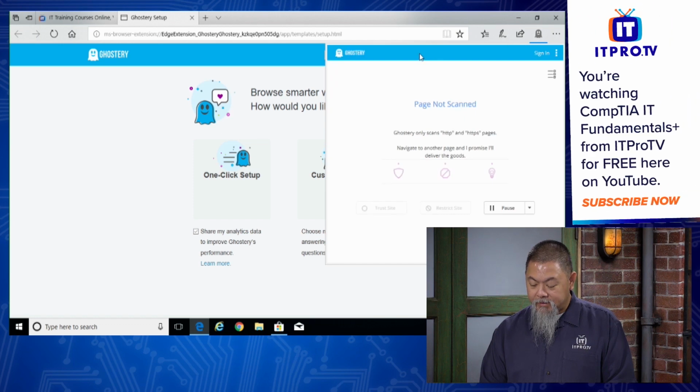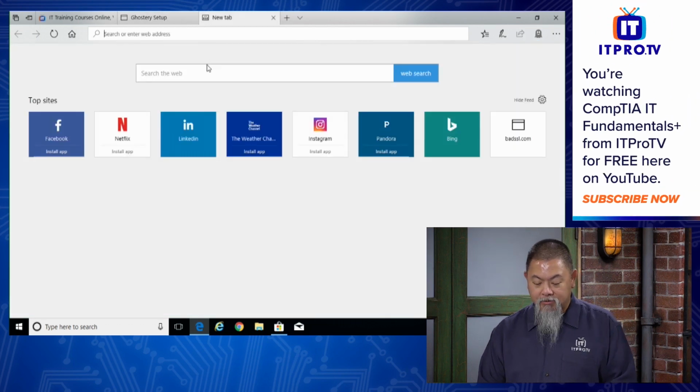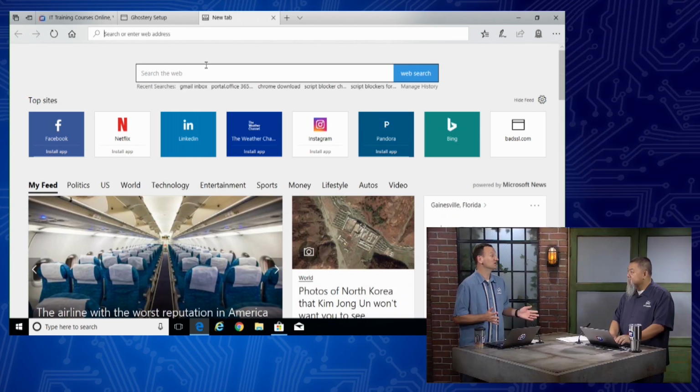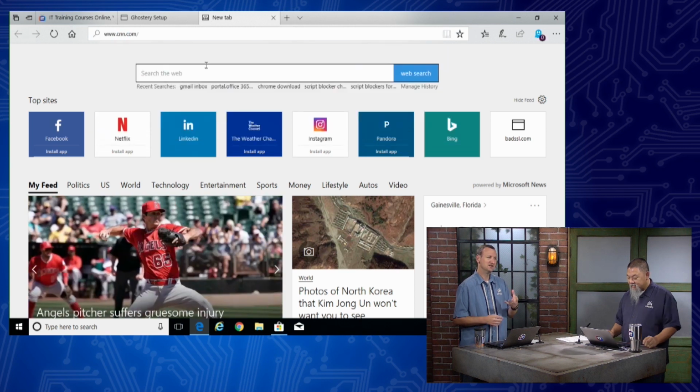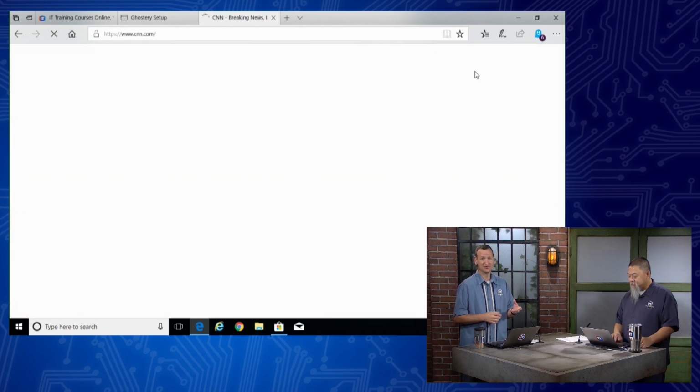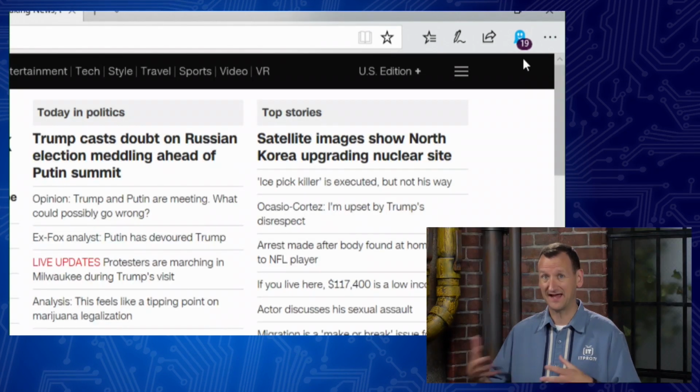So at this point, if we now go to browse a page, right? So Don, what page should we browse and see what we can find out here? Pick a news site, because they're crazy. So if you go to like CNN.com or something, each advertisement that's displayed in the background is basically a connection to another server, which may not be CNN's. It might be some ad service or whatever.